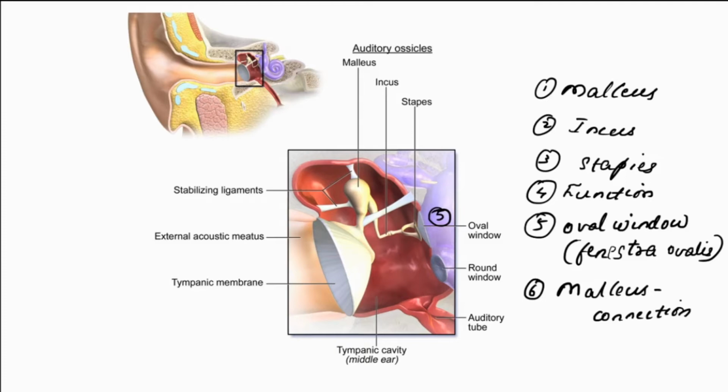Their function is to conduct the vibration to the internal ear, and their communication is position wise. It communicates with which other parts? Malleus is in communication with the tympanic membrane, and stapes is in close contact with the oval window. Oval window is otherwise called fenestra ovalis. I think you understand. Okay. Next,